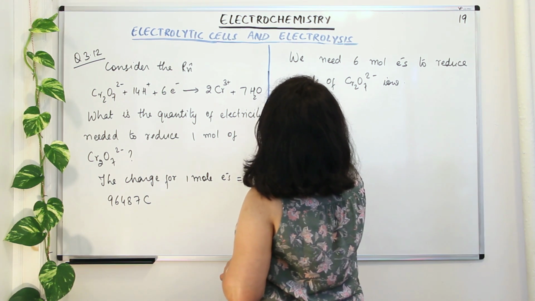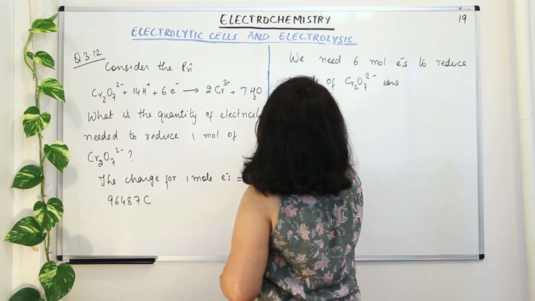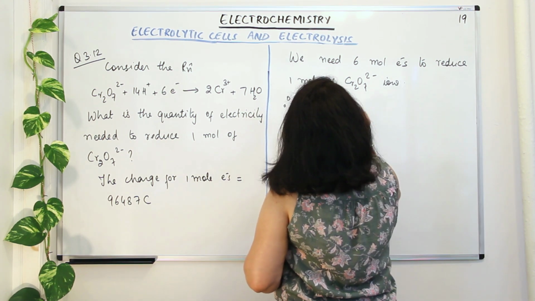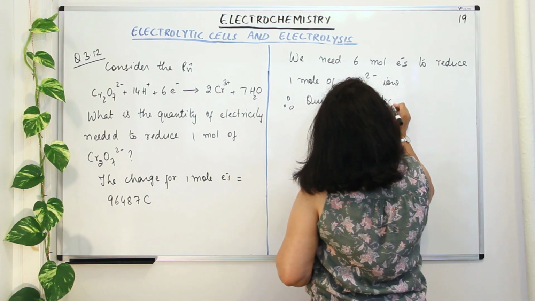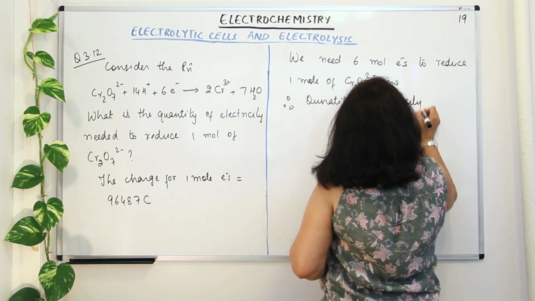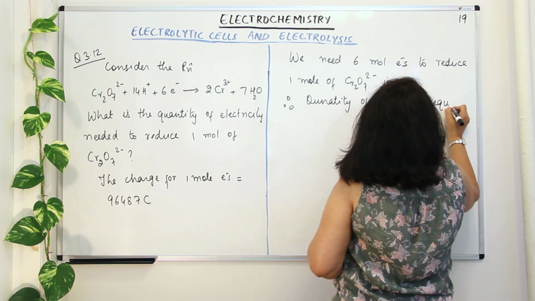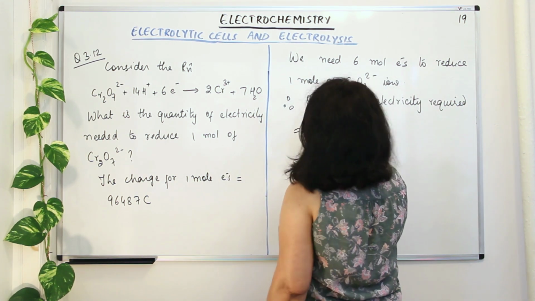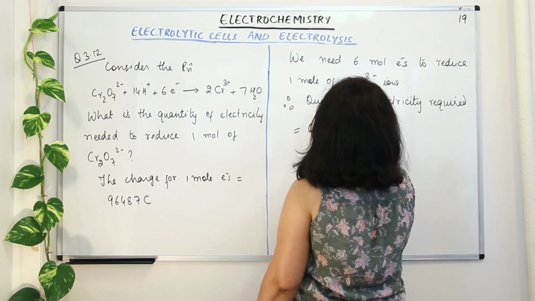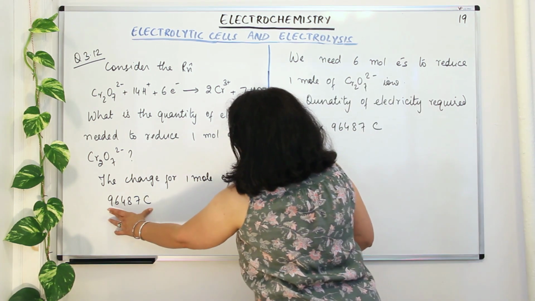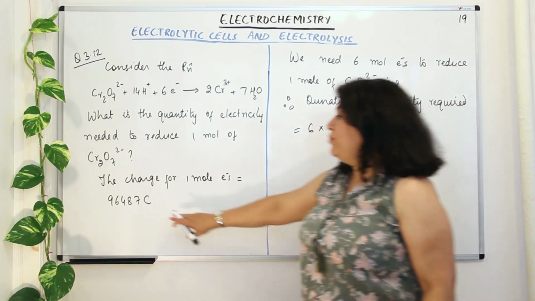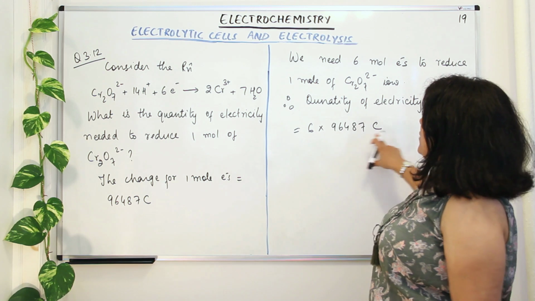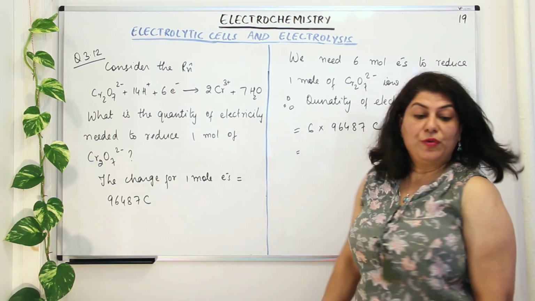So quantity of electricity required would be equal to 6 into 96487 coulombs, because this is the amount of charge for 1 mole of electrons and we need 6 moles of electrons. Therefore 6 into 96487 coulombs, which would be equal to